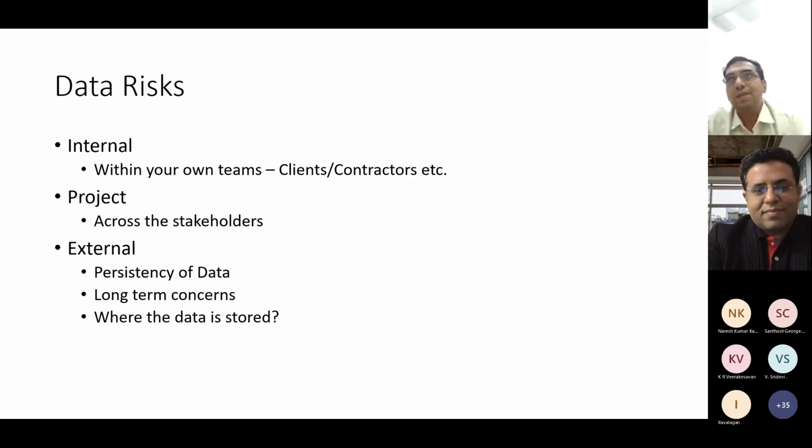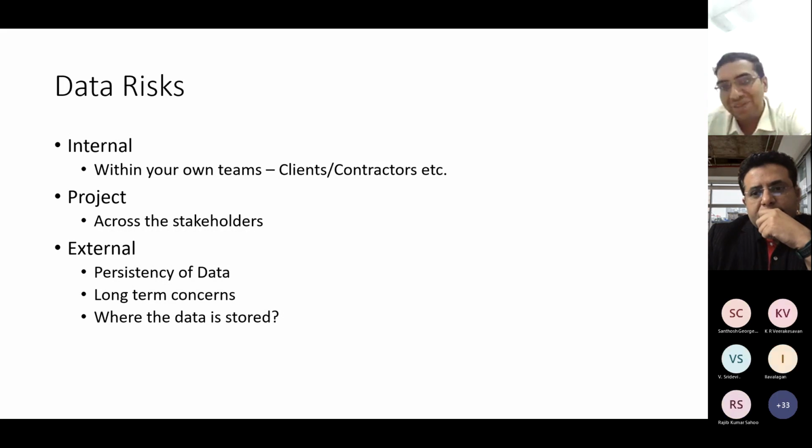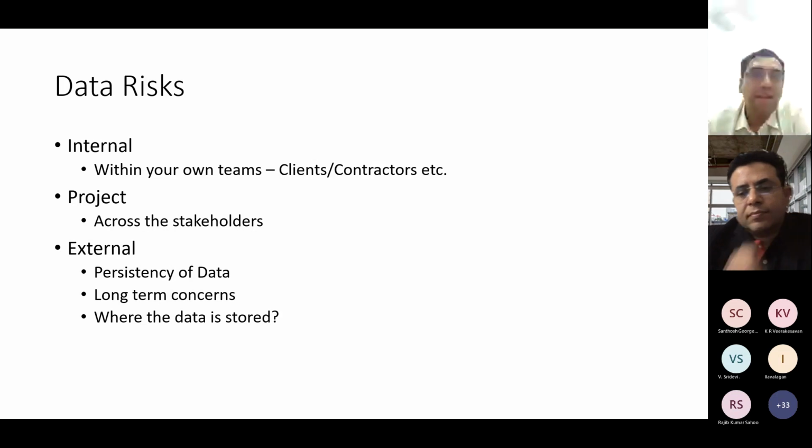Because common data environment, do you really think, without adopting it, you are able to manage your data, etc.? If concerns remain, you would see that if you employ CDE, the risks actually reduce a bit, right? The question to ask is the other way around. Instead of asking what's the return if I implement it, you might have to start asking, what am I losing if I'm not implementing CDE? And there is a lot to lose if you don't implement CDE and move on to the agile processes which you are also talking about, Sunil.